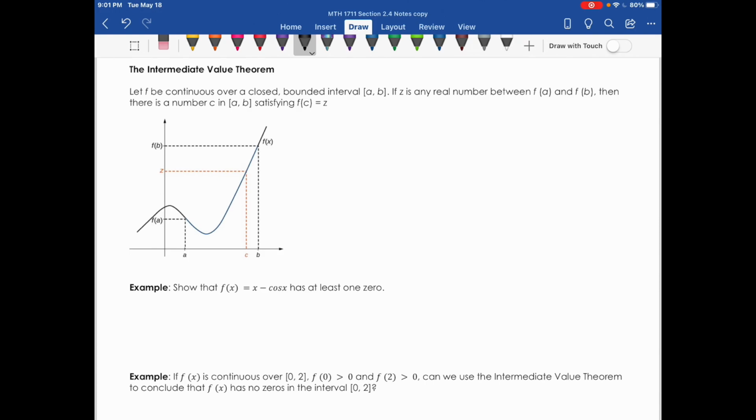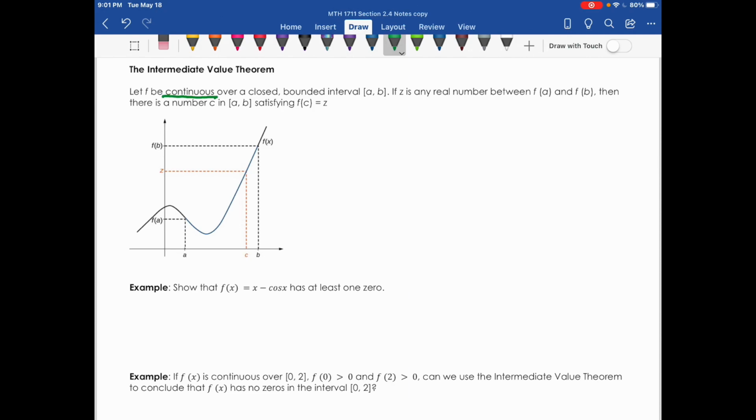Okay, another theorem that we can talk about now that we're familiar with continuity is the intermediate value theorem. This theorem is very useful for being able to identify intervals that have zeros on them. So let's first talk about what the intermediate value theorem is, and then we're going to apply it to a couple of examples. The intermediate value theorem says that if f is continuous, and I have to stress that